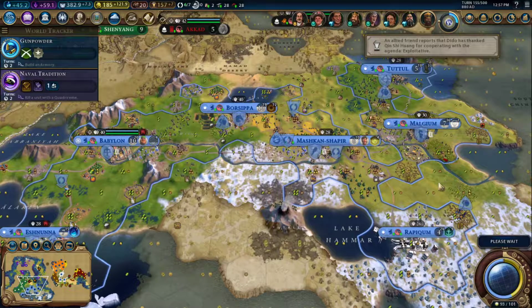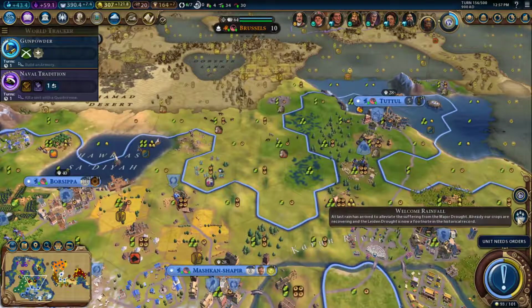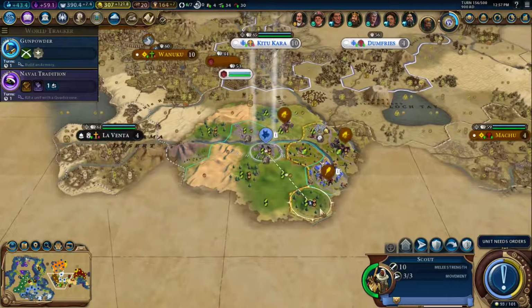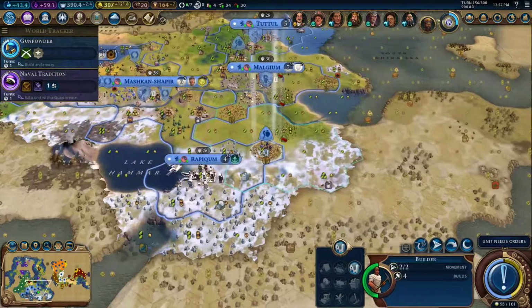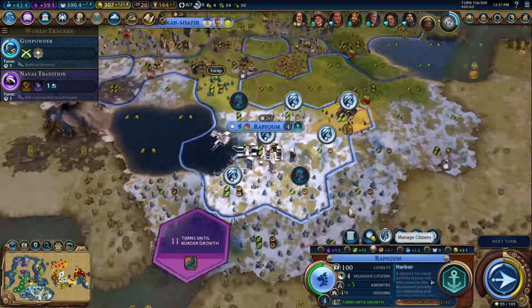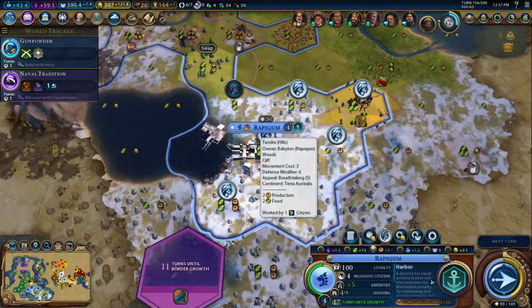Yeah, I really want to speed up that Colossus building. This builder will do that for me. Alright then, let's go here. Ayacucho, okay. So, Rapicum, what's your deal? You could get a lumber mill here, or just...